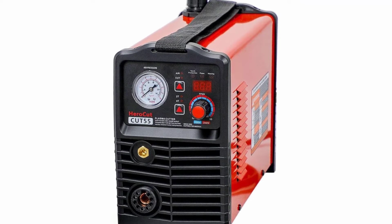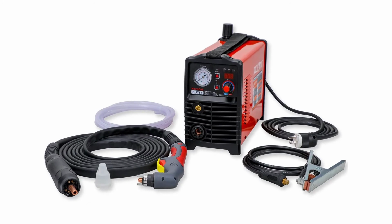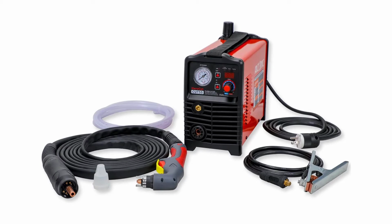It is a non-HF, non-touch, blowback arc starting plasma cutter; there is no HF interference. It can easily work with a CNC cutting table. There is a CNC connecting port on the back of the machine. Dual voltage 110-220V,